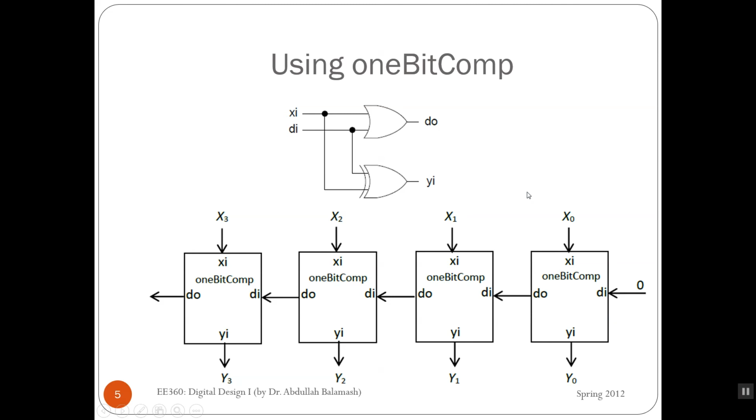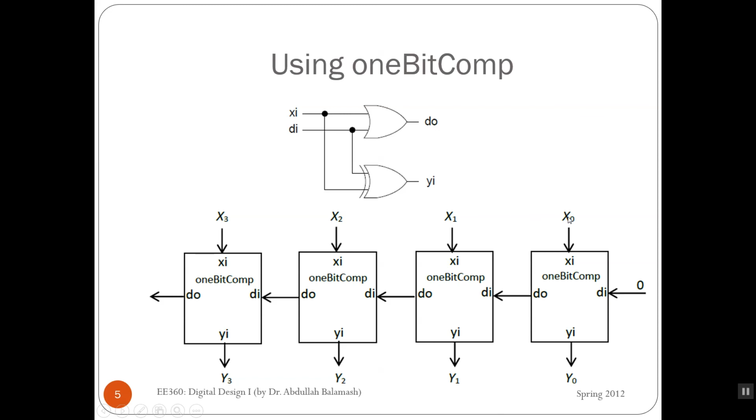In this video we will present a second design for the 4-bit two's complement circuit. Here we do not use the truth table, instead we use a simple building block. We call it a 1-bit complement circuit. This circuit has only 2 inputs and 2 outputs, and it contains only 2 logic gates, OR gate and XOR gate. We use 4 copies of this circuit to build the whole circuit, which is the TwosComp2 circuit, where we